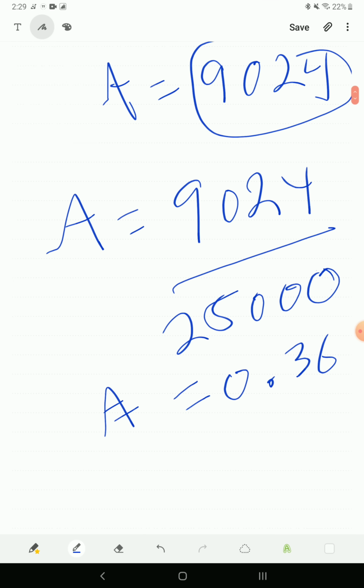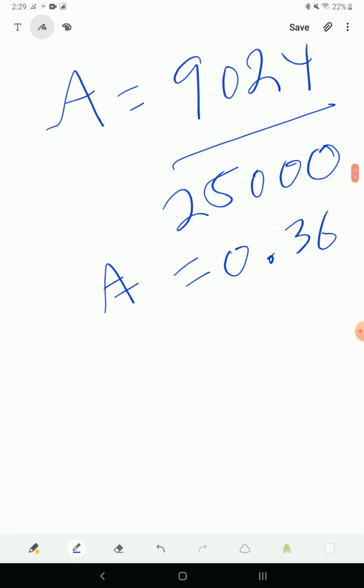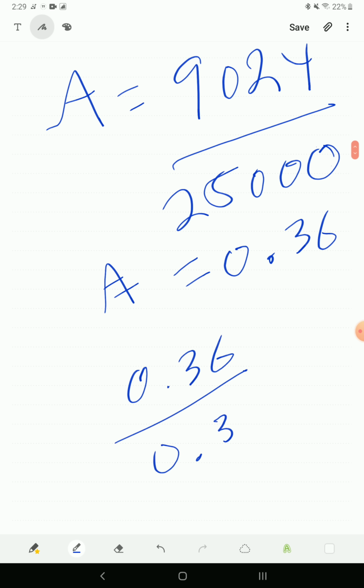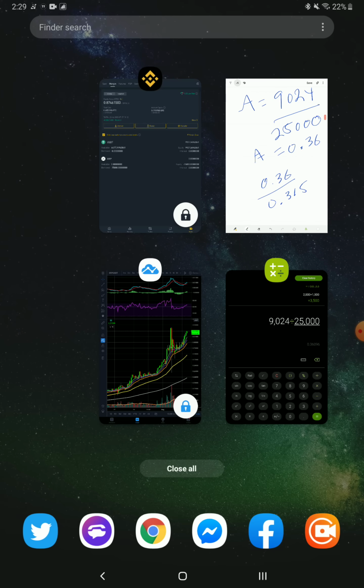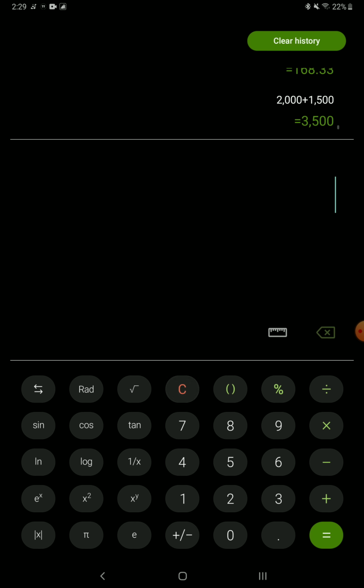0.36. That's the price it needs to get to for you to get liquidated. So let's just take that: 0.36 divided by the price now, which is 0.315. And that only needs to go up how much? 0.36